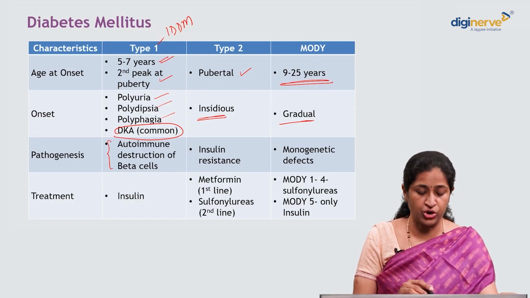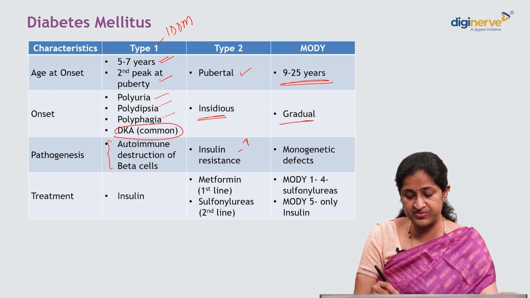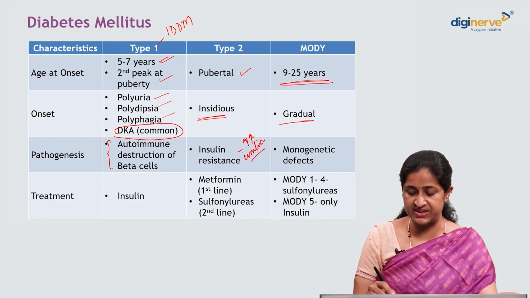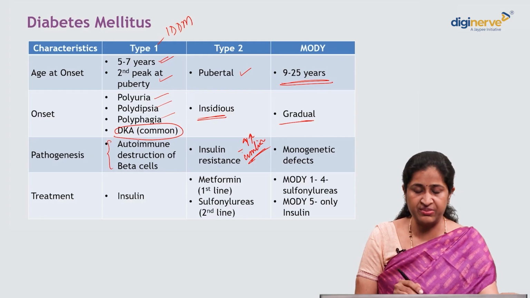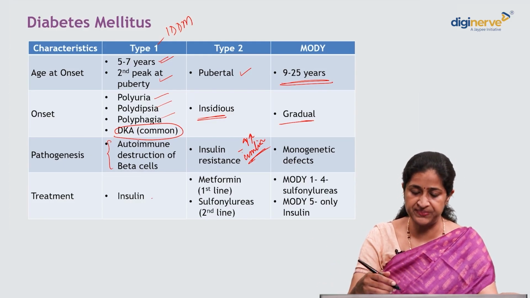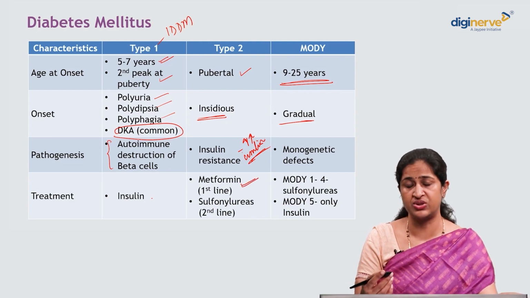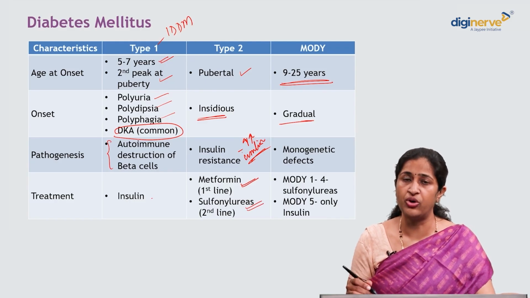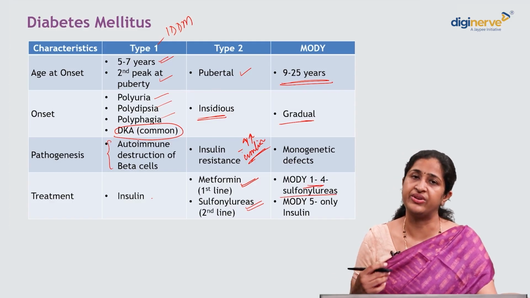Pathogenesis. Type 1 is the autoimmune destruction of the beta cells. Type 2 is insulin resistance. So actually these children have more insulin and the periphery resistance is present. And MODY is present because of genetic defects. Treatment: IDDM, insulin deficiency, supplement with insulin, long-acting and short-acting. Type 2, first line is metformin to improve the insulin sensitivity. Second line is sulfonylureas. In MODY, you have MODY 1 to 4 sulfonylureas, whereas MODY 5, there is no option,